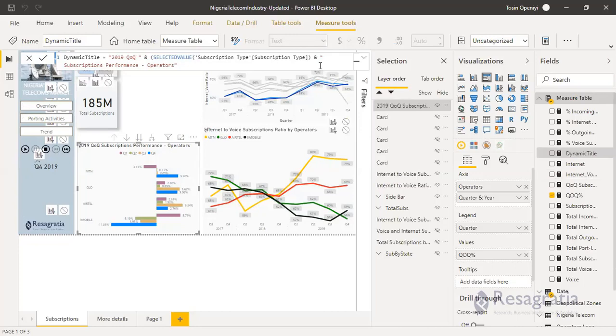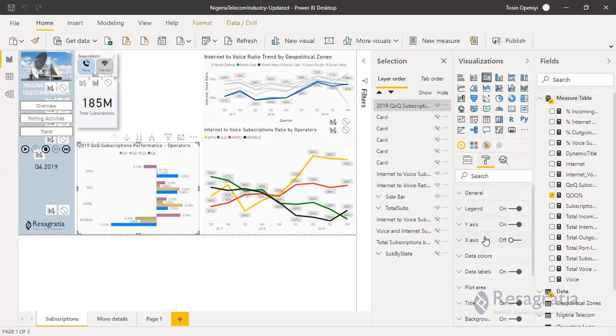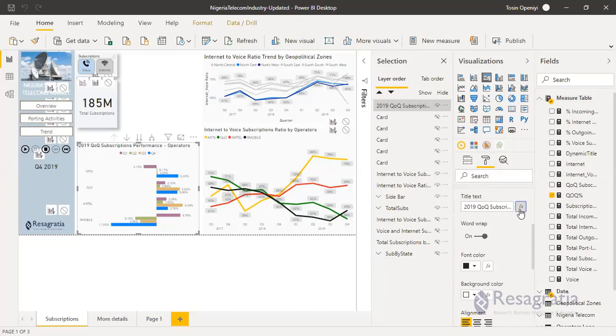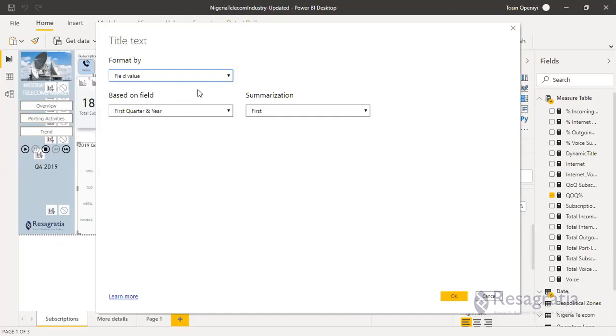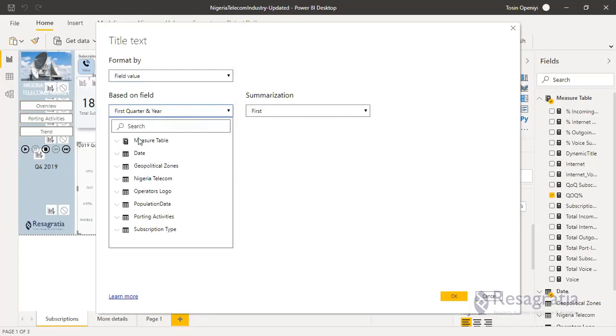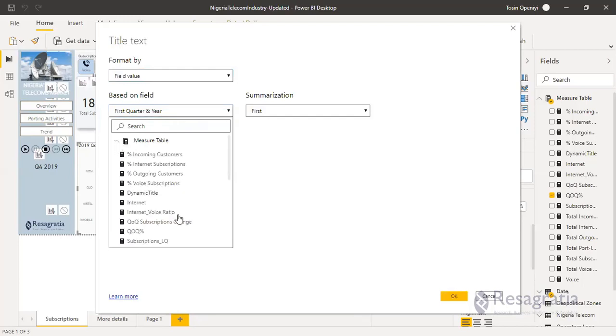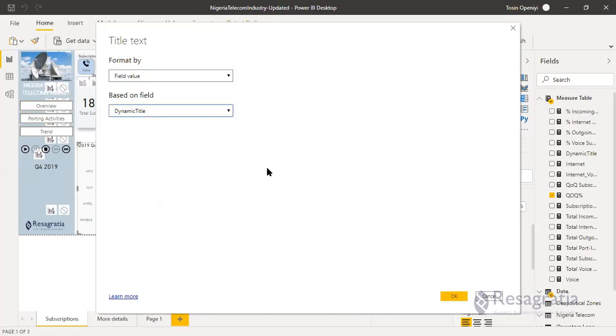All right. So I'll come to the title now. Okay, my title should now be a formula. Okay, so I'm using field value, measure, and the measure is dynamic title.